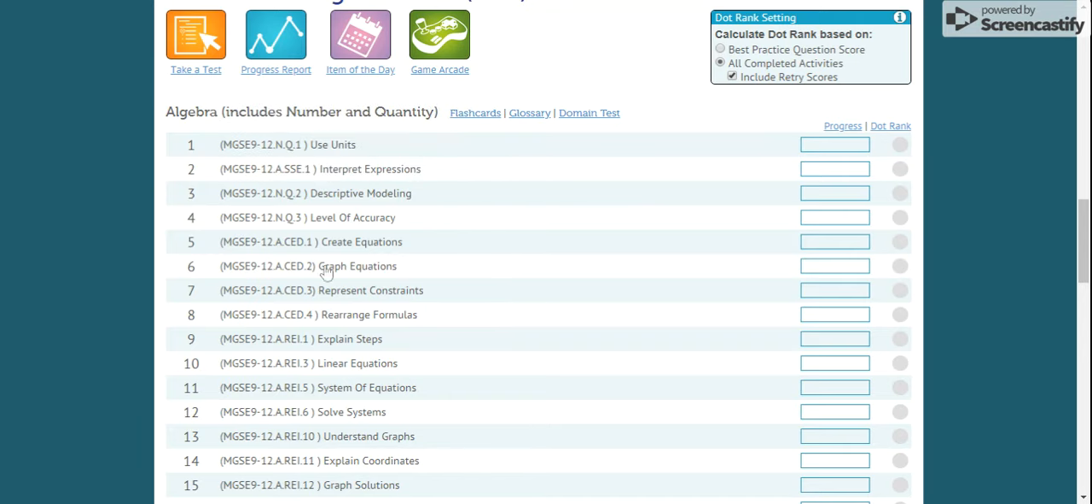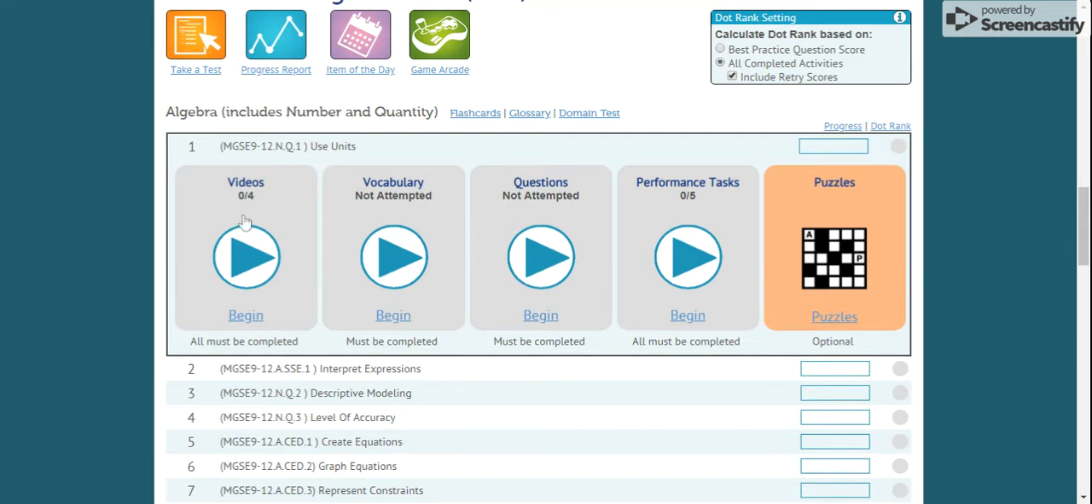Each tab is broken down by a specific standard. If you click on it, it has videos, vocabulary, questions, and performance tasks. These four things go into this dot ranking, as well as any other assessments that we do. But allowing them to have time in class to go through and complete what we call the Green Dot Challenge allows students to go through and decide: do I need to watch a video on this because I